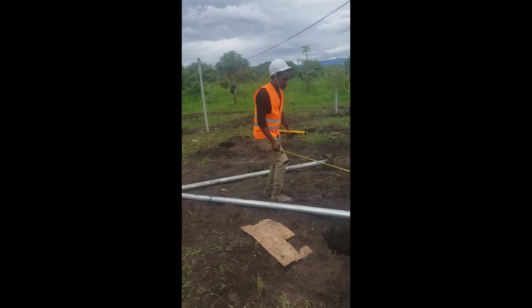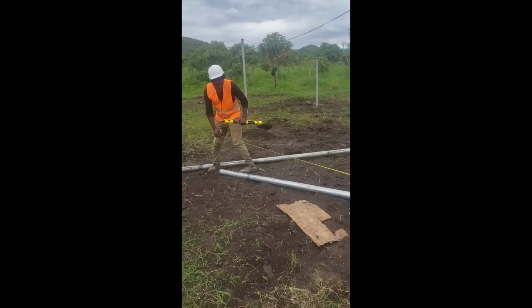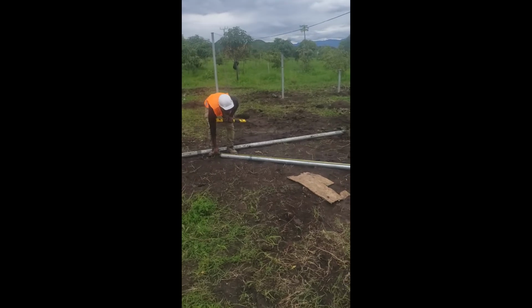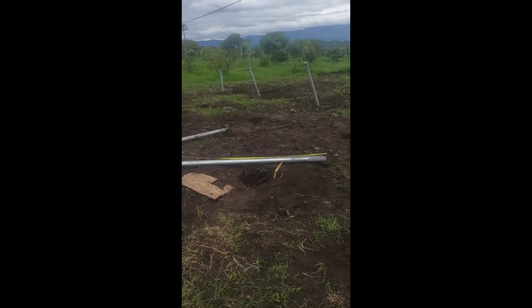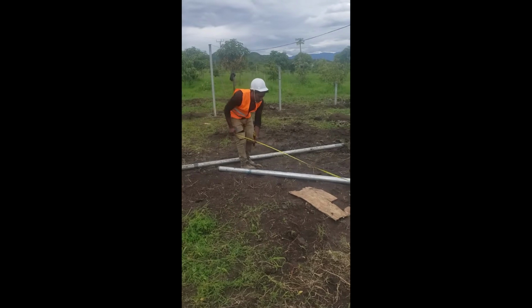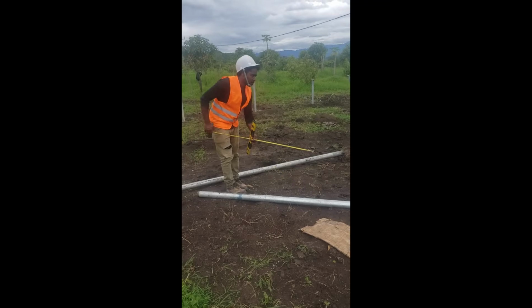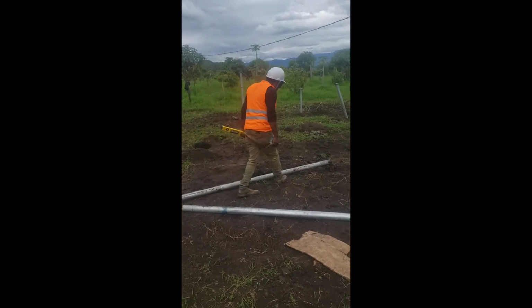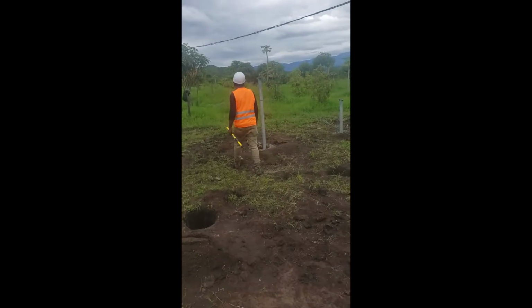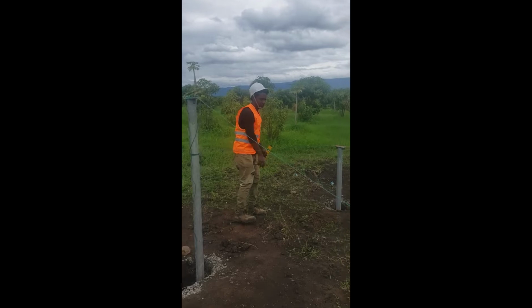Hello guys, today I'm going to show you how to install a solar PV structure. The first thing that you do is you're going to measure a bigger one, which is 333, or 3 meters 35 centimeters, and then you're going to measure all the footings, and then the second thing you do is the leveling for all